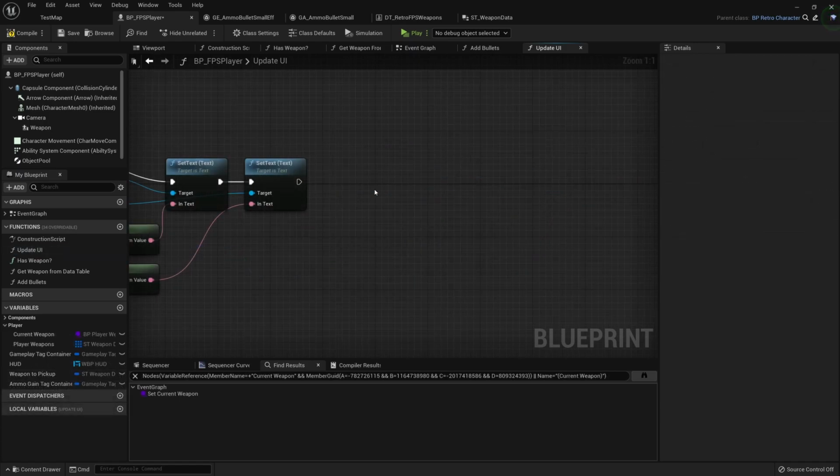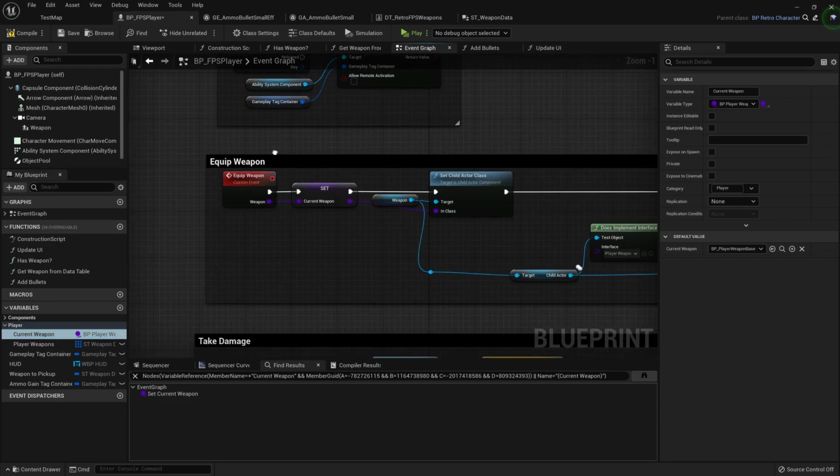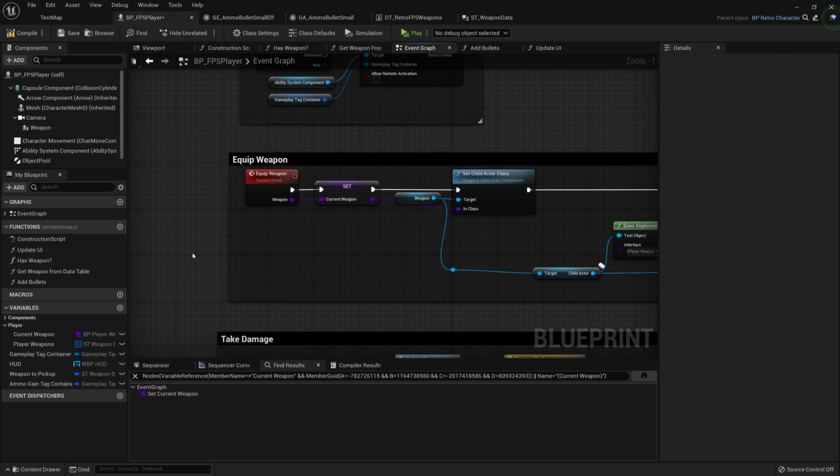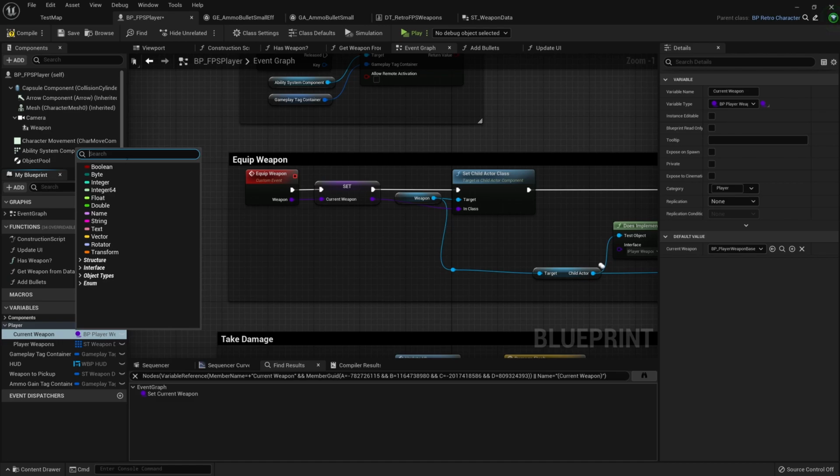So before we begin actually updating the UI for the ammo, we have this current weapon variable that's of the type weapon class or player weapon base class. We want to change this to be equal to the weapon struct instead. And it's only used right here in the equip weapon section. So we can actually just redo this and make sure that the type is the weapon data struct.